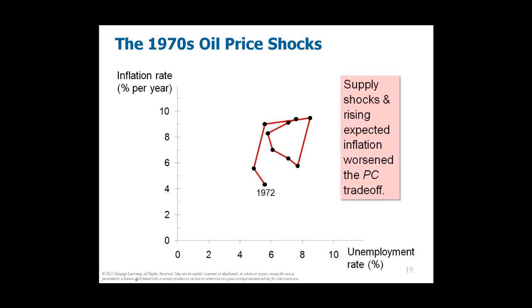And here we go. Here's an expanded view of our Phillips curve. 1979 really is a pivotal year. This is when we have the OPEC and the Iranian Revolution, and we start literally spiraling in problems. So supply shocks cause rising expected inflation to worsen, and we have a worse trade-off for the Phillips